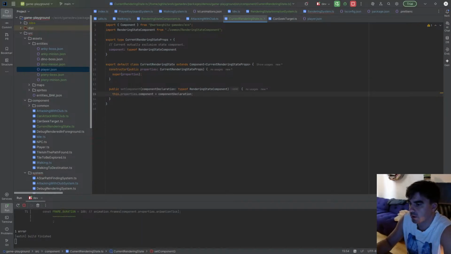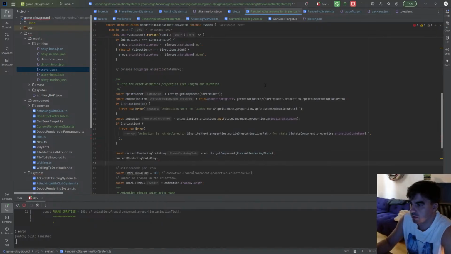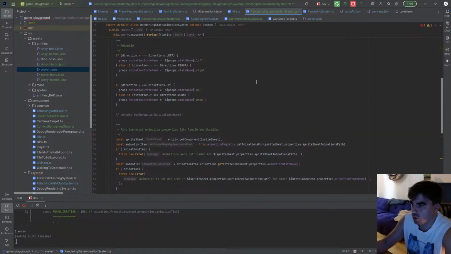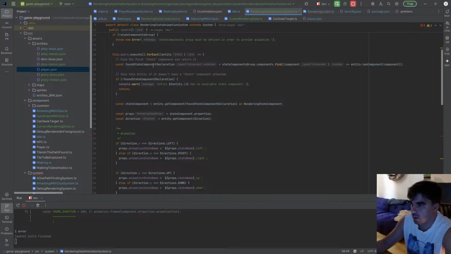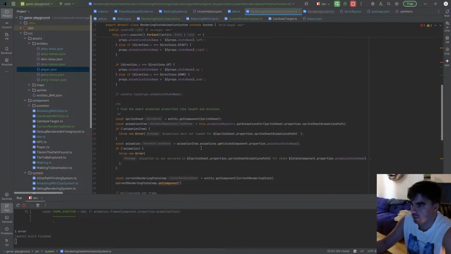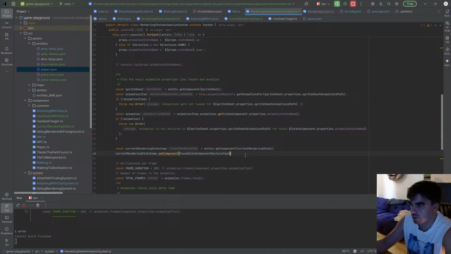Okay, so set component, and I do found state component declaration,